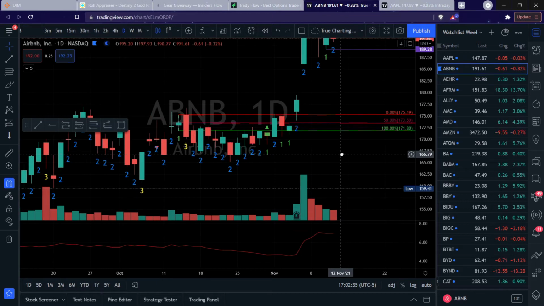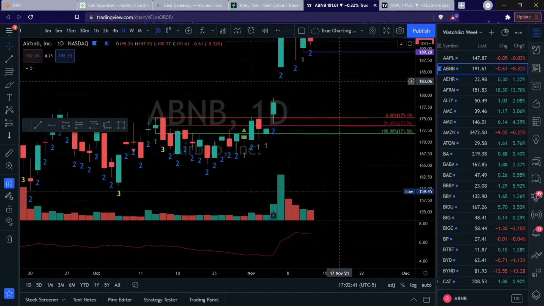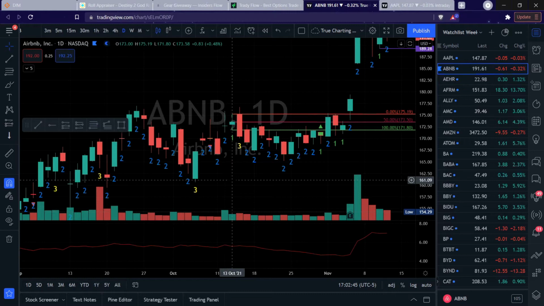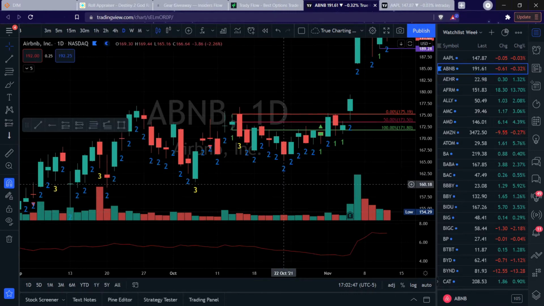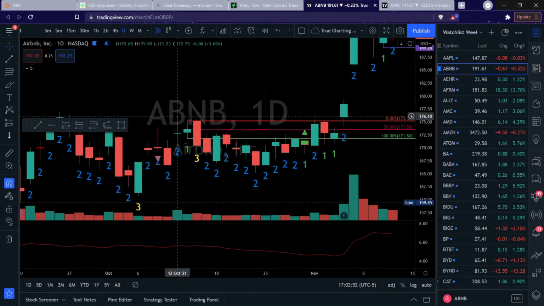All right, so here we have Airbnb on the daily chart, about a week and a half back. We're looking at October 13th to be exact. We have an inside day, and normally I would draw out these levels and alert you guys to say, okay, if we get at least a 30-minute close, you can do 15-minute, you can do 1 hour, but that's all talked about in the other video and how to play these intraday.